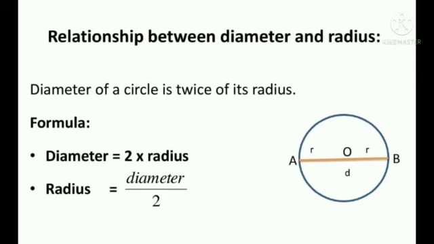So here there are two formulas. With the help of these formulas you can find out your diameter and radius. Now the first formula is diameter, that is 2 into radius. Clear? Why 2 into radius? Because diameter is twice your radius. And what is the formula for finding the radius? That is diameter upon 2, diameter divided by 2. Why? Because radius is half of your diameter.